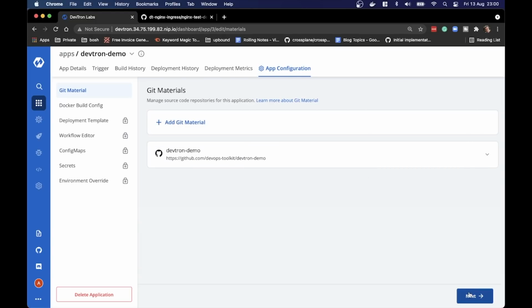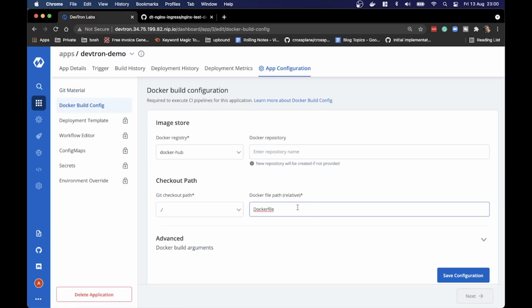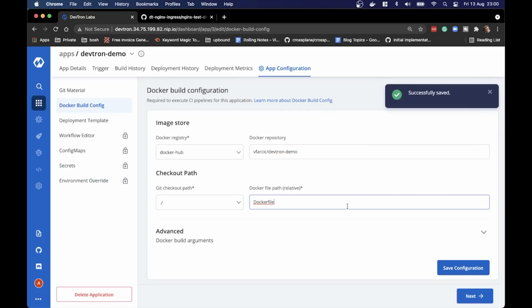What's the next thing that I need to specify? And that next thing is Docker build config. I can specify the registry. I will use Docker Hub because it's the most convenient. It's not the best option, but it is the most convenient one. And in that context, Docker repository, which again is not quite right because Docker Hub is only one of the repositories, anyways, the repository is my user, you use your user, do not use my user, slash the name of the application. And since the repository with my application already has a Dockerfile, I can just click the save configuration button